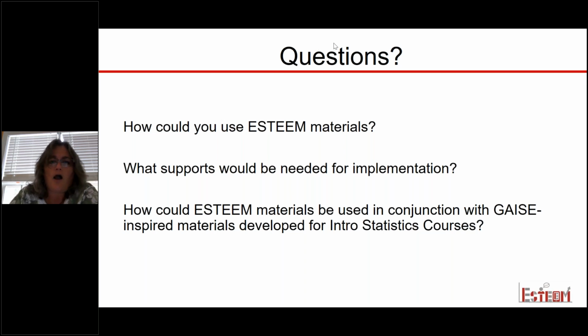Yes, absolutely. All of our materials are out there for free, and what we will want to be doing, probably in the next year or so, is sending surveys to people who are registered at our site to just ask, how are you using our materials? What have you found here that's useful? And so we would just ask that you report back to us how you might have picked and pulled to use things for your own purposes.